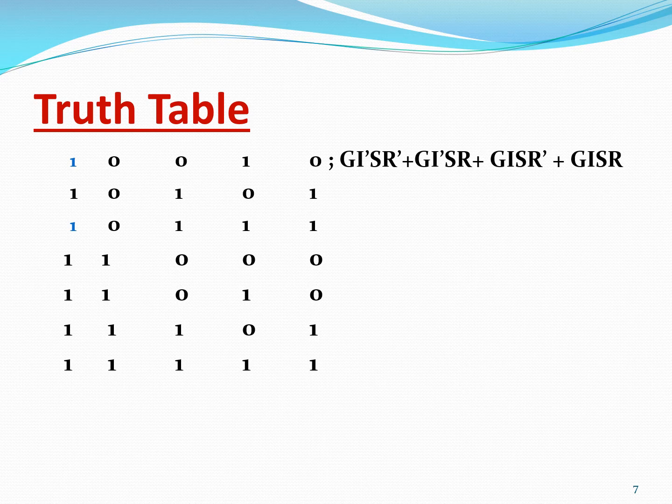Similarly it is 1, 0, 1, 1. The supervisor has not pressed the button, the rest all three have pressed the button, so it is 0. So next is 0, 1, 1, 1. The guard and the intelligence operator have pressed the button, and the supervisor has pressed the button, therefore it is 1. And the last is all four have pressed the button, so it is 1. So if you write down the expression, it is going to be G I' S R', or G I' S R, plus G I S R' plus G I S R.